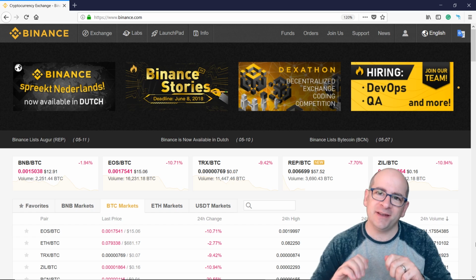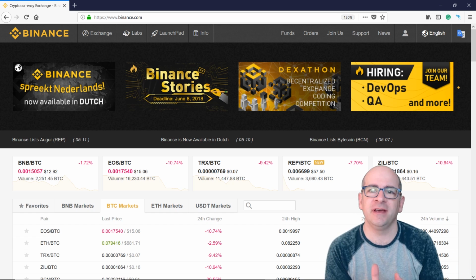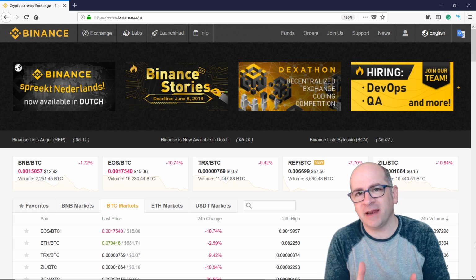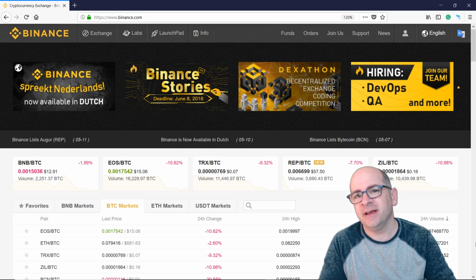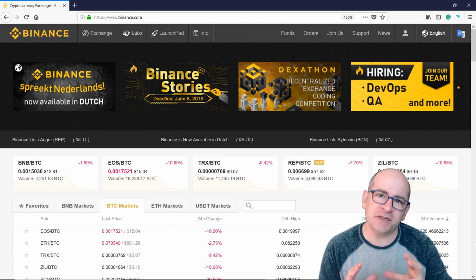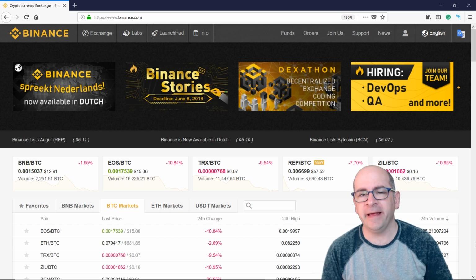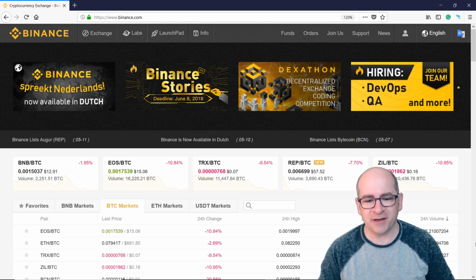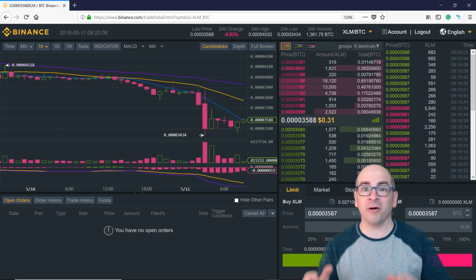And today we get into the nuts and bolts of the trading interface. Now, there's an expression that I like, that knowledge is power. And in this context, knowledge of the trading platform of Binance will help demystify the whole process of actually buying your first altcoin. It can be very scary looking at a trading platform that looks like this, or like this,